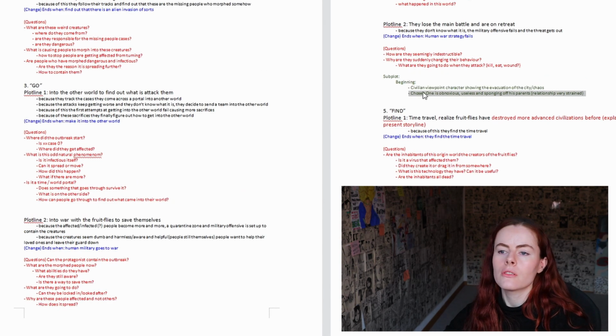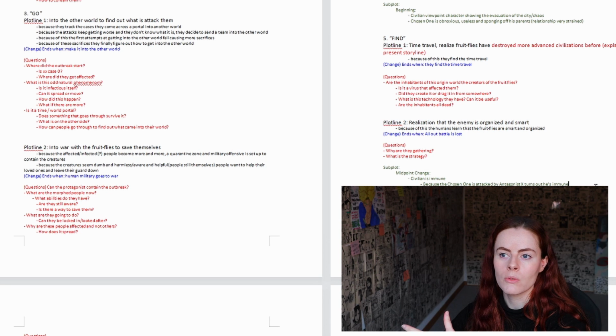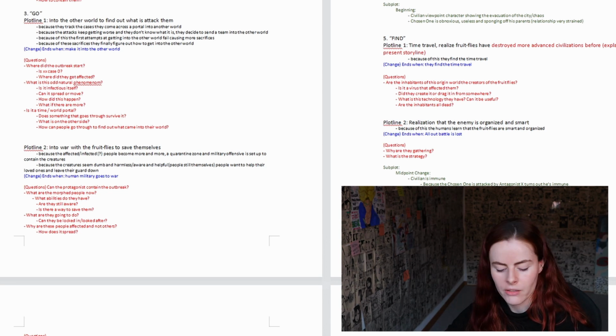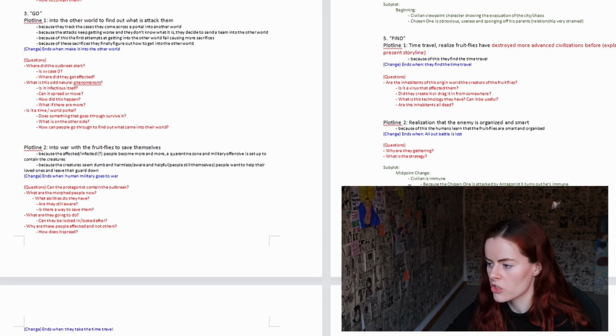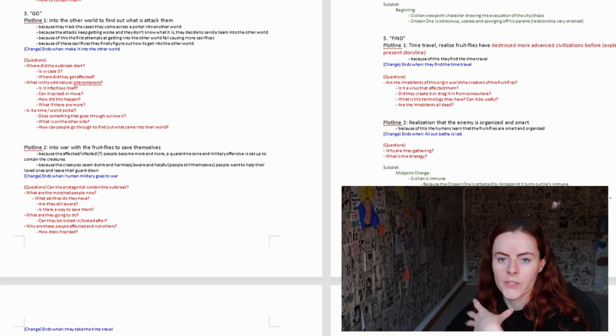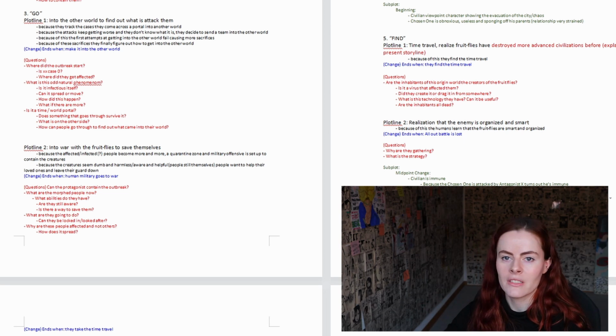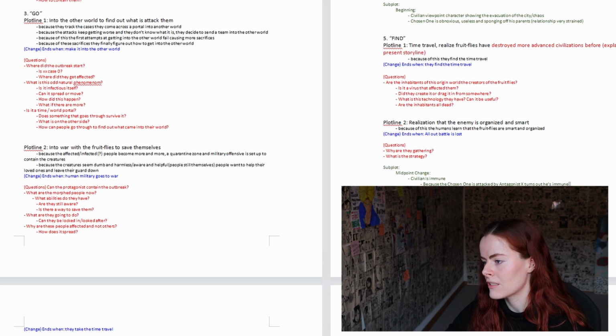And then there could also be another element here in the subplot to make it more dramatic: once it turns out that this person is immune, the parents are also trying to protect him. Probably not just because he is immune, but that could be an additional element, that he's being hunted down, right, because he's immune, and that gets one or both of his parents killed in this version. So that's also another element here.